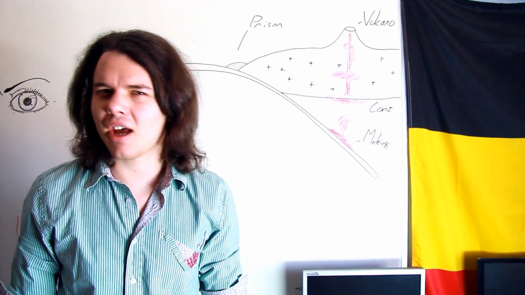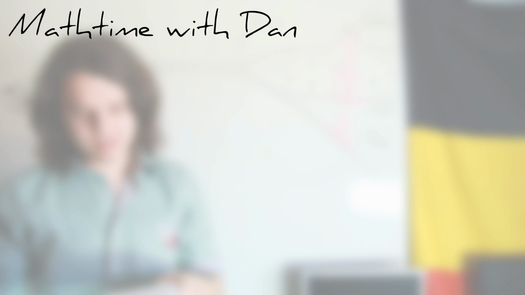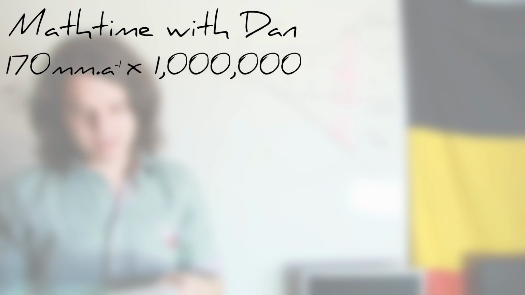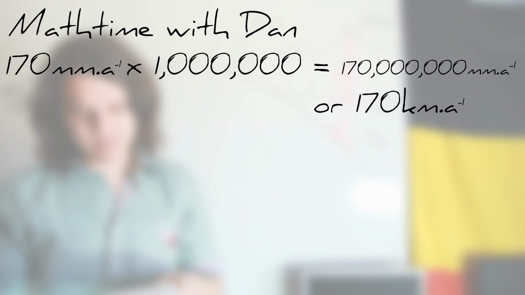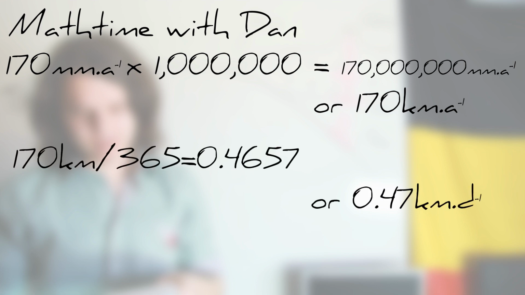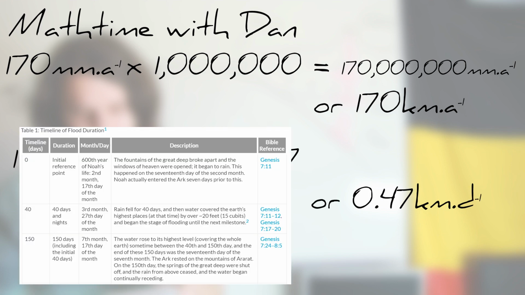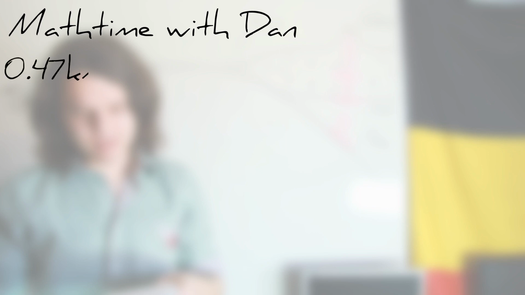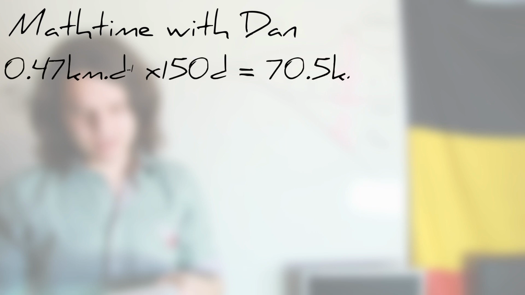What? A million times faster than today? That would mean, let's for instance take the fastest the continents have ever moved, which is 170 millimeters a year. Times that by a million, which would give us about 170 kilometers per year, or about 0.47 kilometers per day. From Answers in Genesis, the water rose to its highest level at around 150 days since the beginning of the flood. This means that the continents could only have moved about 70.5 kilometers,